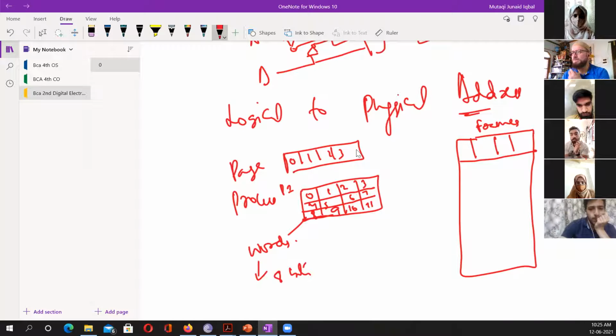And we know that the frame size has to be the same as the page size, because we divided the process into pages, and each page consists of 4 bytes. And the CPU at any moment of time is working on a particular word, because the CPU will not work on a whole thing. It will work on 1 word. Okay. Say for example, he wants word 6. He may want word 11 or 4 or 1 at one time.